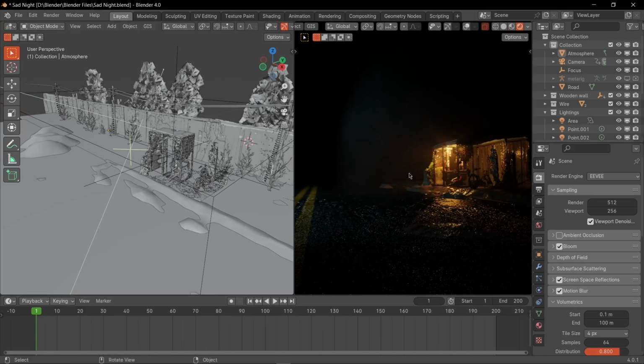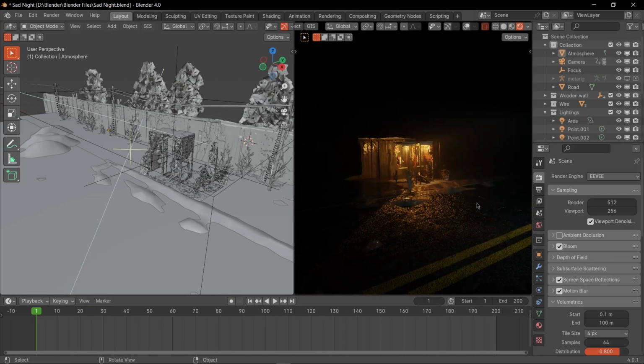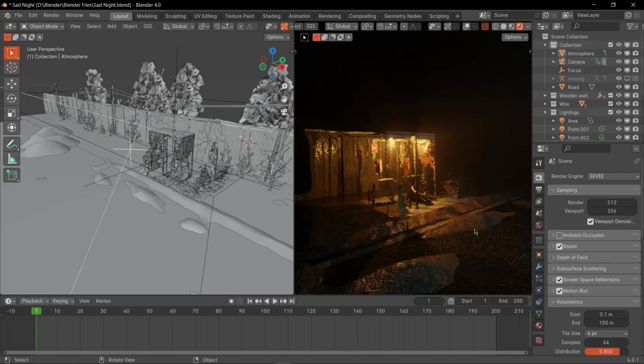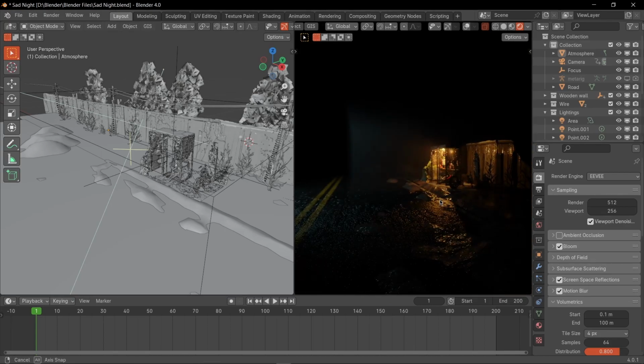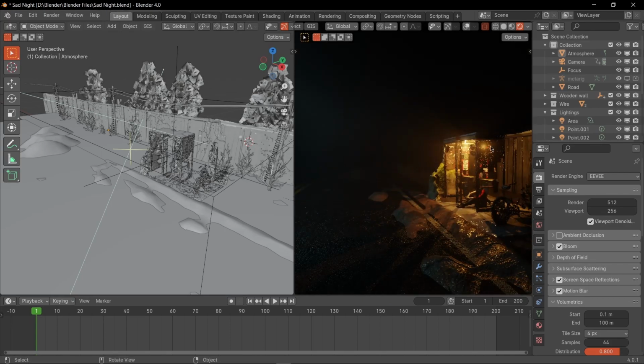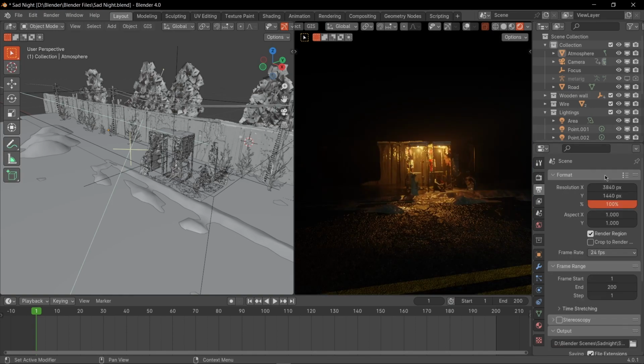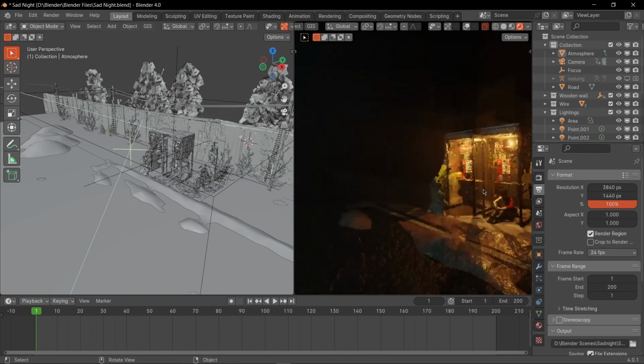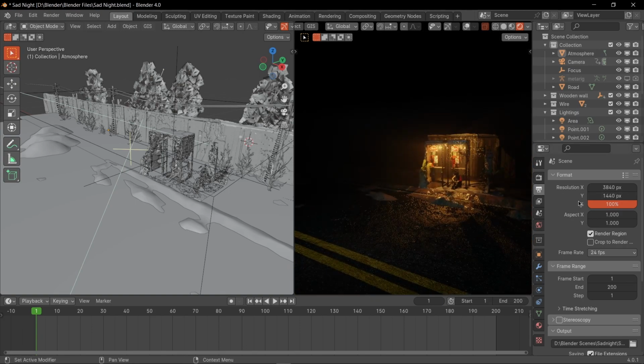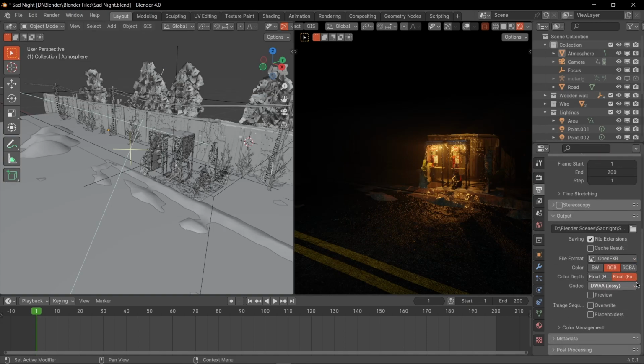So once I have the scene ready, I exported it. I have the wetness here. It looks like it is raining except for the rain. The scene is wet and everything. So yeah, and once I have set up the resolution, which is 4K here, you can see 3840 by 1440p. It's a very high resolution. So yeah, I have exported it in